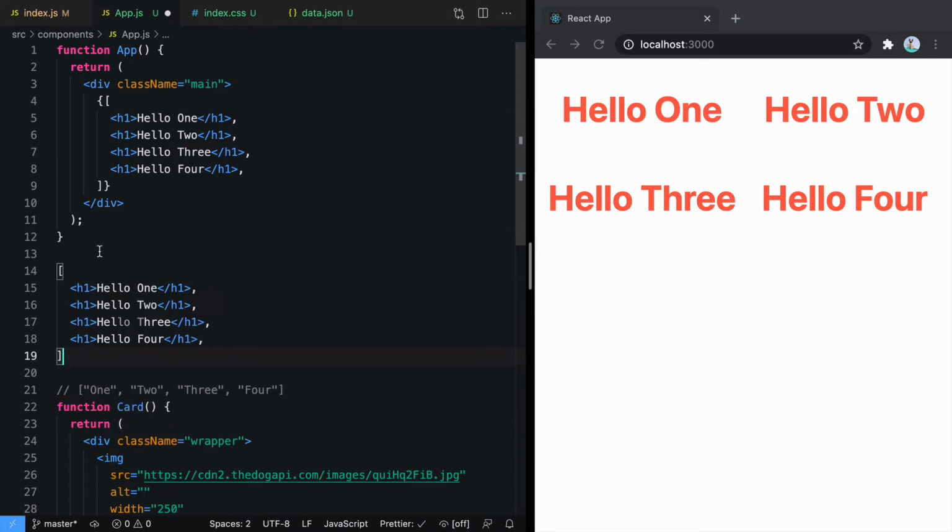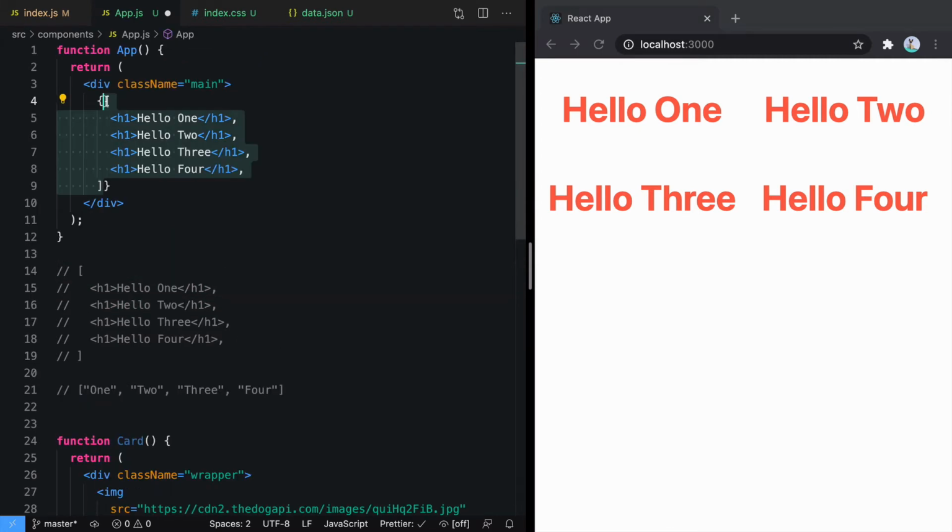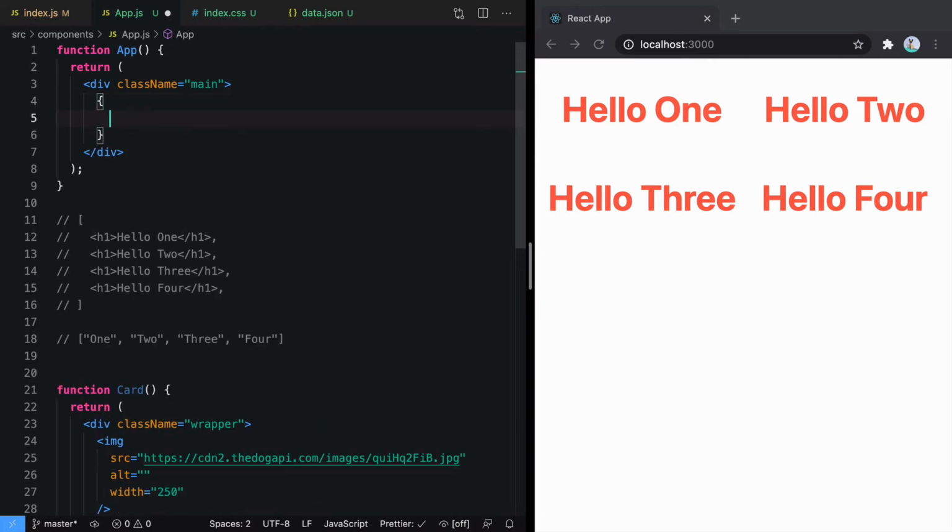I'll just keep a copy of it so later on we can compare. So here if you look at your data and your UI, let's try to understand how we can create the UI based on this data. Important thing to understand is both are arrays. So we need to convert from one array to another array. And we also know that the input and output arrays are of the same length. So for that, which array method can you use? Whenever your input and output arrays are the same length, we always use array.map, right? So that is exactly what we are going to do here.